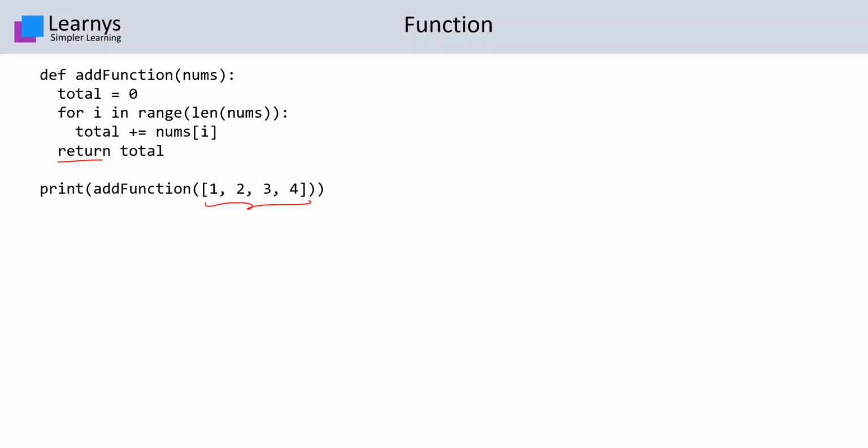Over here, a list is being passed as a parameter which is being stored in nums. The def keyword is used to define a function. Now Python has a large variety of inbuilt functions. A user can also define their own functions, and these functions can be of two types. The named function, as we can see right now, the add function over here, is a named function, or lambda